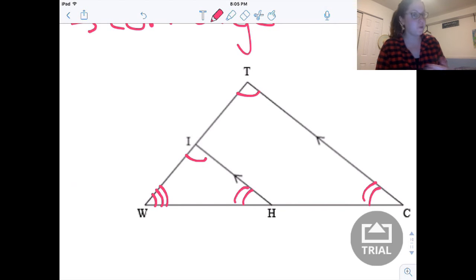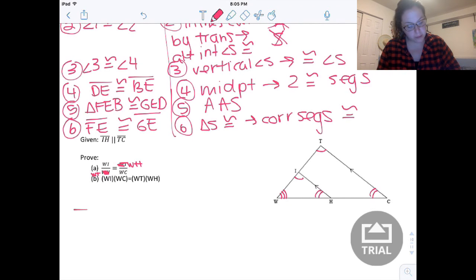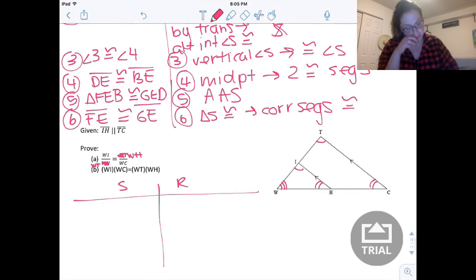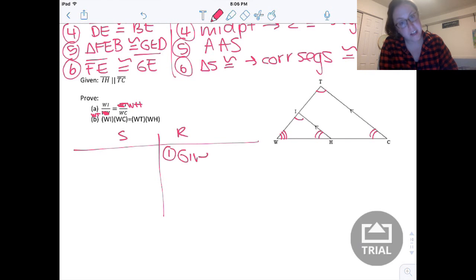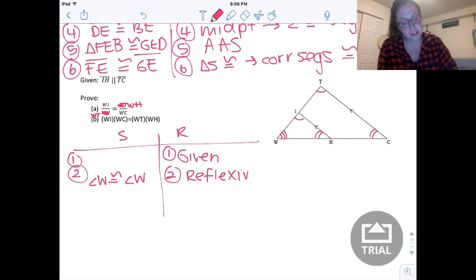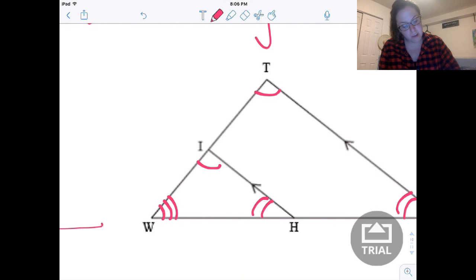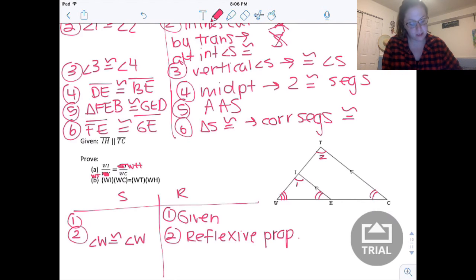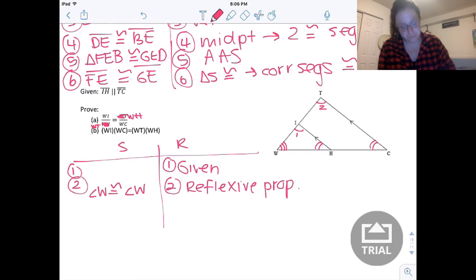So I'm going to start my proof. I'm going to do statement reason. I'm going to start with my given, which you're going to copy down exactly, but for the sake of time here, I am not. And I'm going to start with angle W. So angle W is congruent to itself because of reflexive property. It is an angle in both triangles. By reflexive property, it is congruent to itself in both. Okay. Then I have angle 1 and angle 2. Those will be the two I pick. So I'm going to say in my step 3, angle 1 is congruent to angle 2